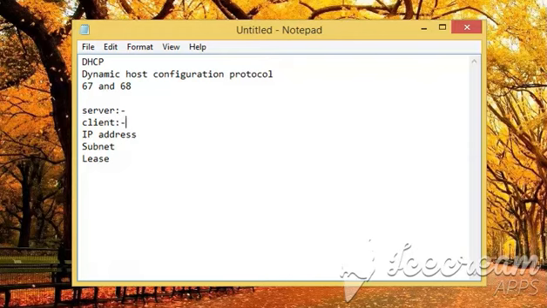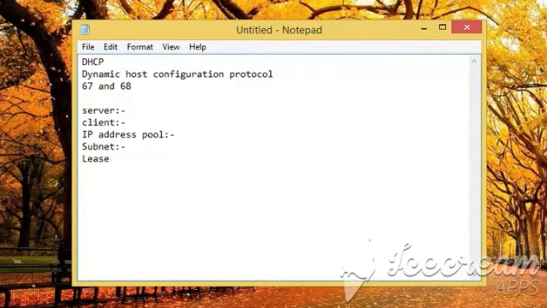Now the third one is the IP address pool. An IP address pool is a range of IP addresses which are available to assign to clients. It means a range of IP addresses that are available to the DHCP client. Now the fourth one is the subnet. As I said, DHCP assigns the IP addresses and other information, and that other information is the subnet, default gateway and DNS information. An IP network can be partitioned into segments known as subnets, and subnets help keep the network manageable.